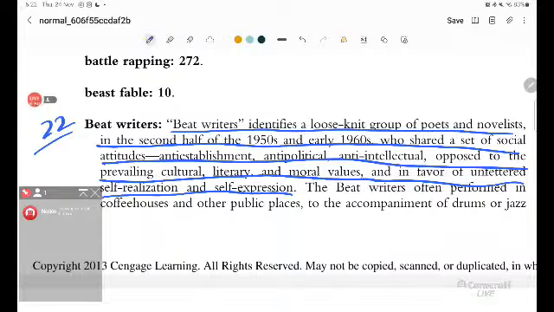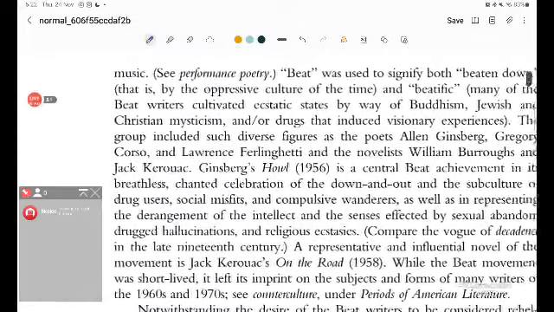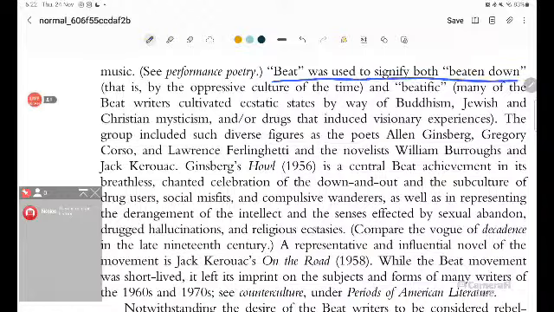The beat writers often performed in coffee houses and other public places to the accompaniment of drums and jazz music. Beat was used to signify both. तो ये बहुत ही इंपॉर्टेंट है कि बीट that is the oppressive culture of the time and beauty of it. Many of the beat writers cultivated aesthetic states by way of Buddhism, Jewish, and Christian mysticism, and or drugs